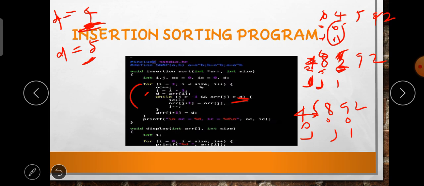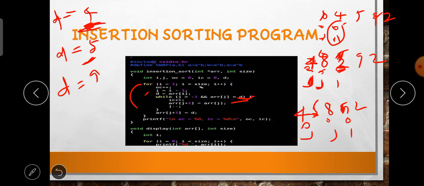So comparing this condition, j is greater than -1 index, yes, j is definitely greater than -1, it is at the position of 2. Next, with another condition, array of j is greater than d. Now d is equal to 9, we are assigning, so take that element 9.